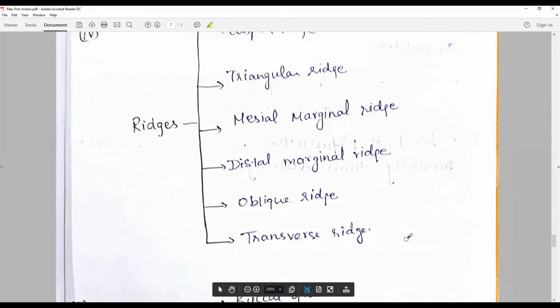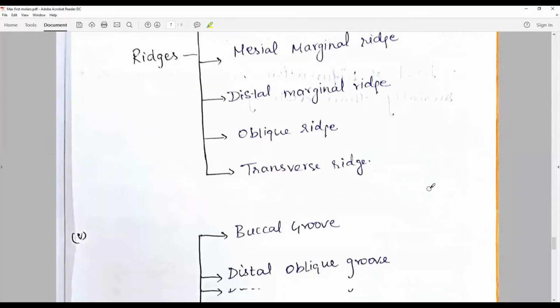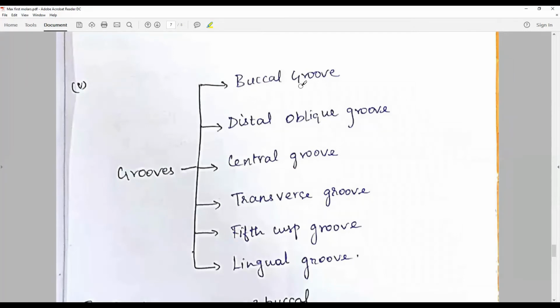A transverse ridge, again to repeat, is formed by the buccal cusp ridge of the mesiolingual cusp and the lingual cusp ridge of the mesiobuccal cusp. The oblique ridge is created by the union of the distal cusp ridge of the mesiolingual cusp and the lingual cusp ridge of the distobuccal cusp. The other grooves are the buccal groove, distal oblique groove, central groove, transverse groove, fifth cusp groove, if present, lingual